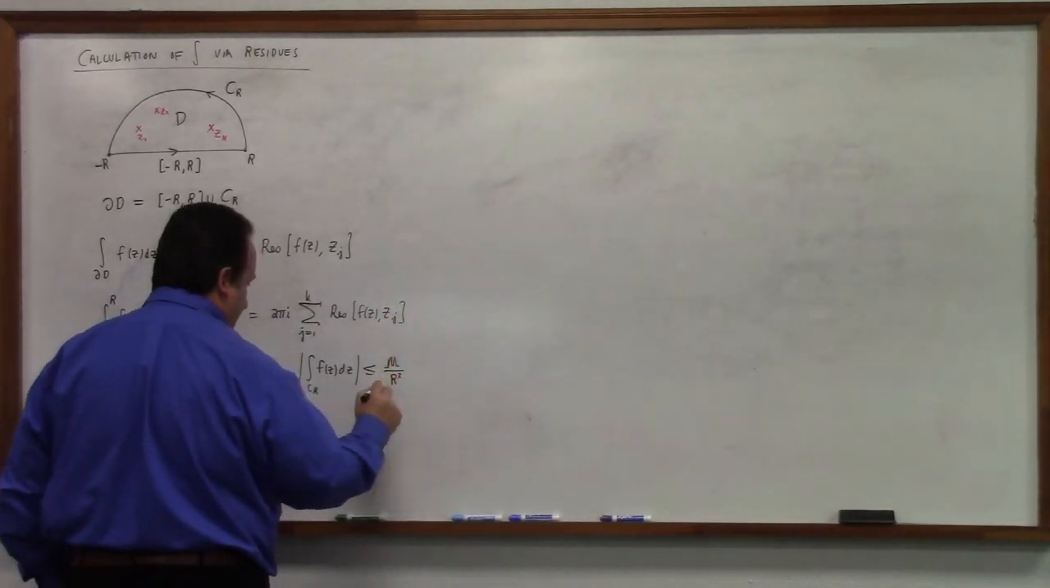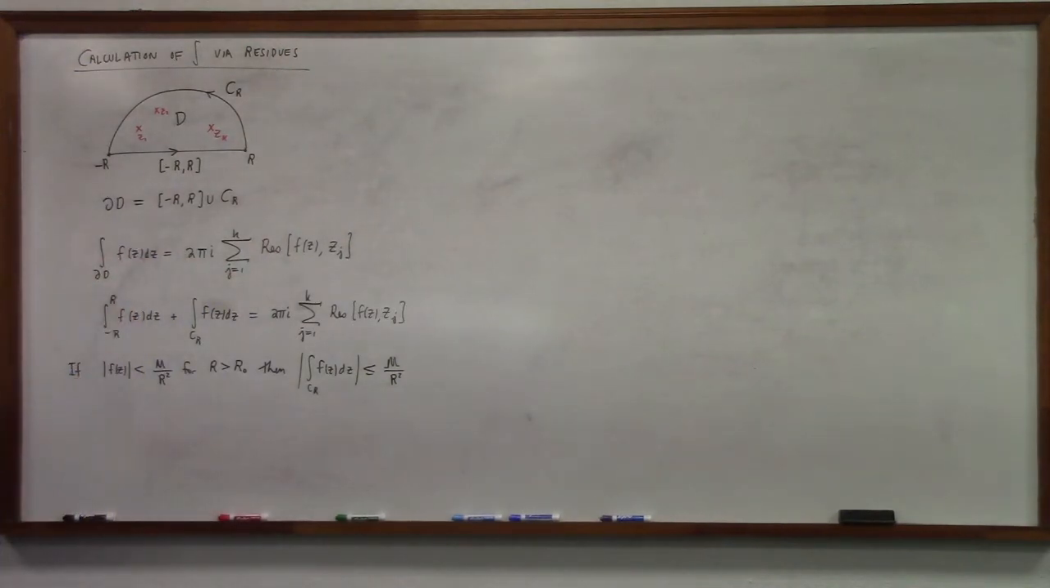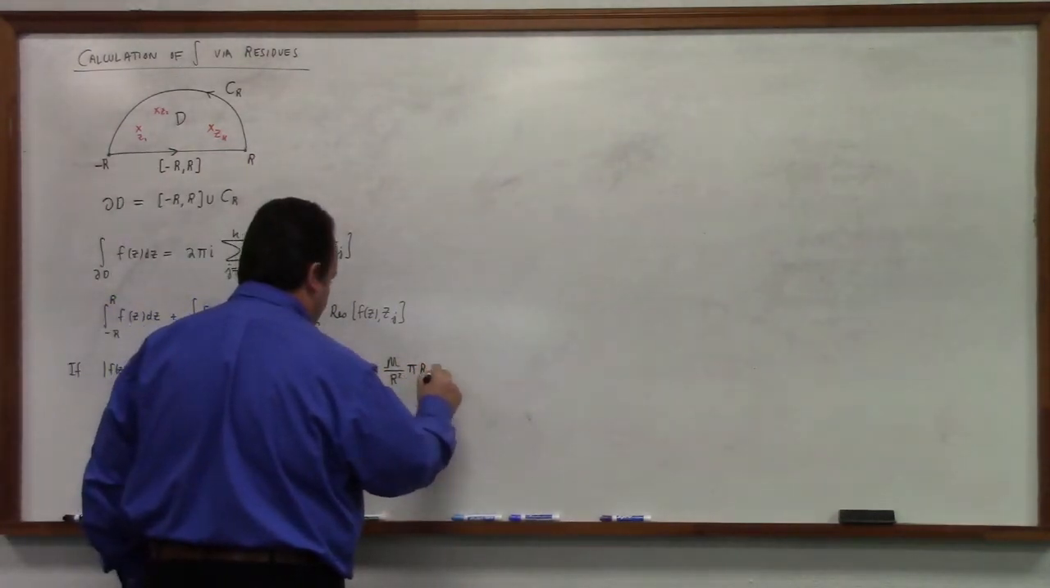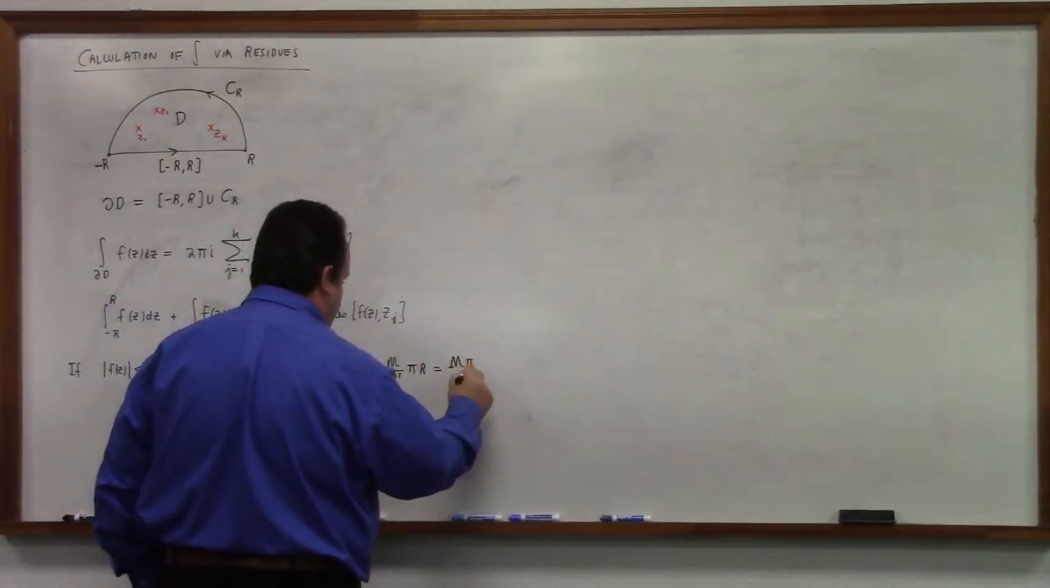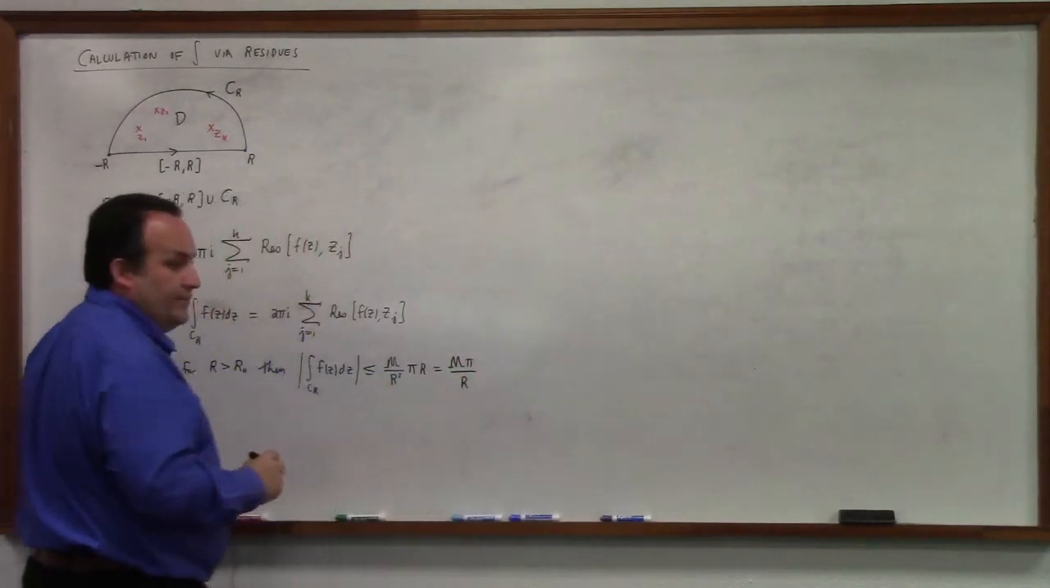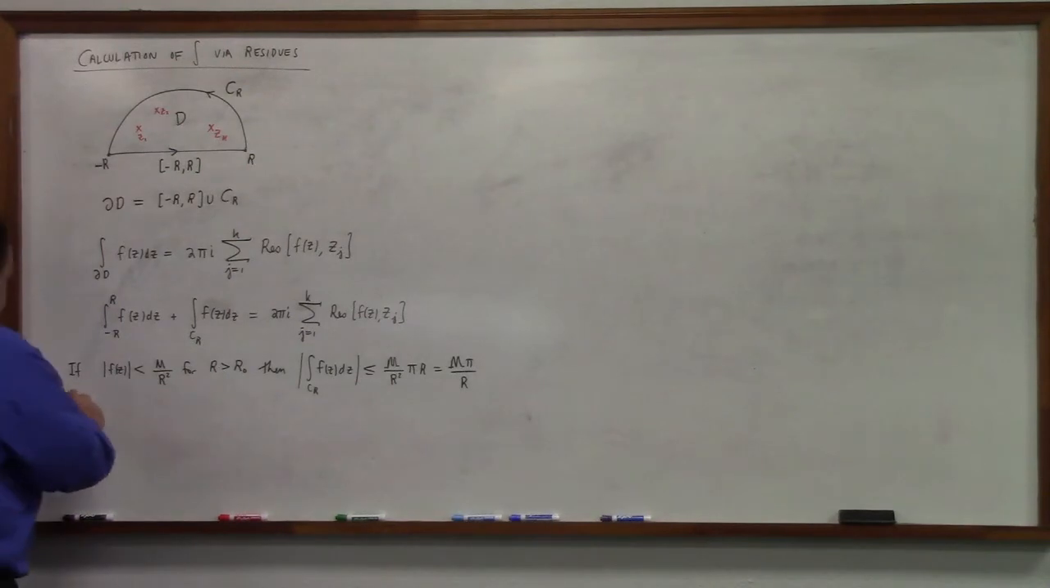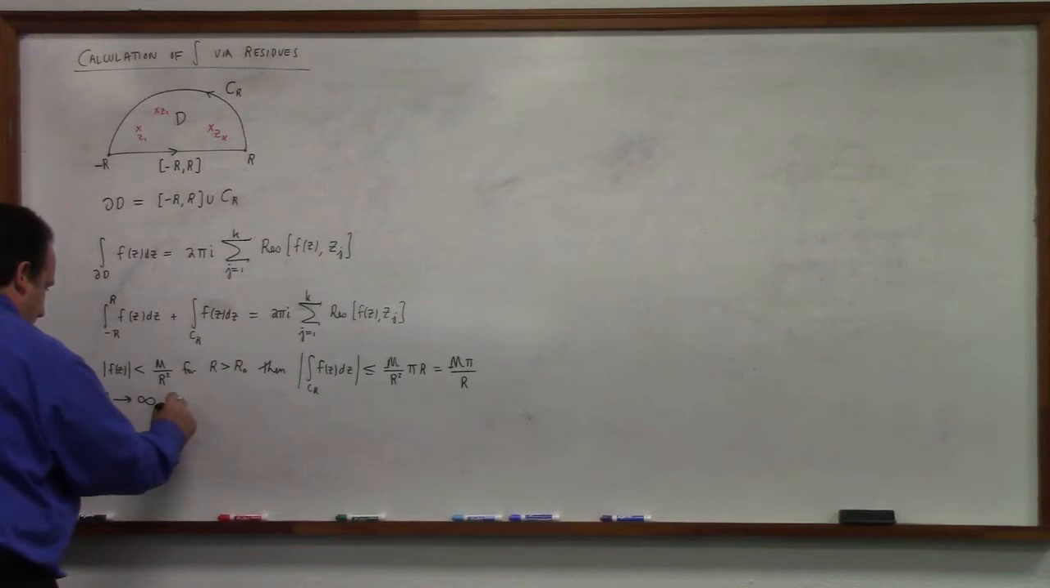What's the length of it? The length of the half circle is not 2 pi R, but just pi R. And what do you got there? You've got M pi over R. So as R goes to infinity, in this context, what happens? It goes to 0. So as R goes to infinity, we obtain